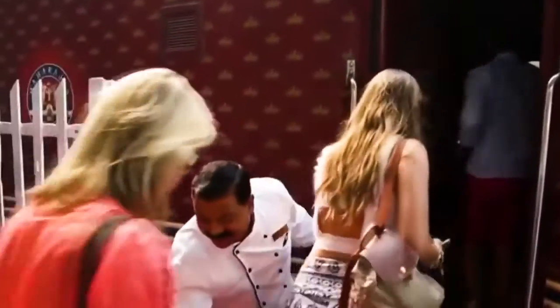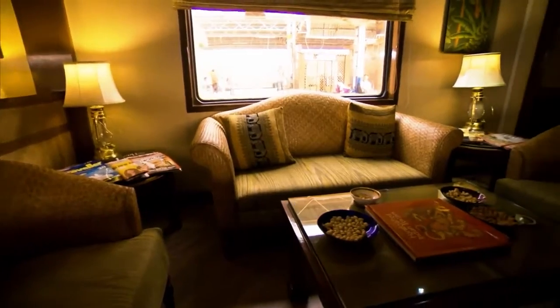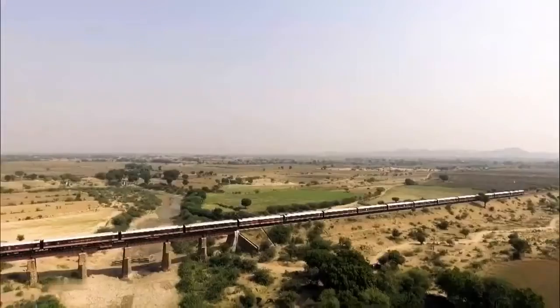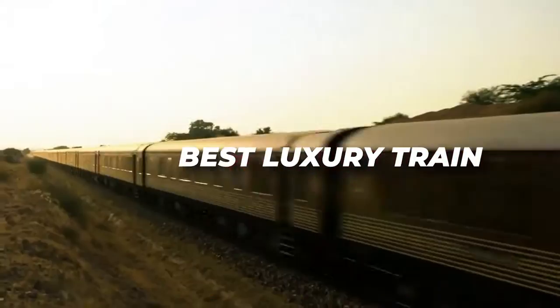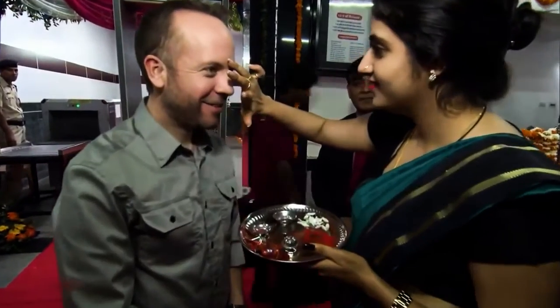A brief history. The world's most expensive train has to be the Maharaja Express in India that charges $3,385 per night. This particular one has transformed the art of luxurious traveling in the country, and understandably so, because it radiates pure opulence. With a pneumatic and advanced hydraulic system that guarantees a smooth ride, Maharaja Express has received numerous accolades from all over the world and has even been awarded for being the best luxury train. Now that you know a bit about it, let us go straight into the facilities that you will get on